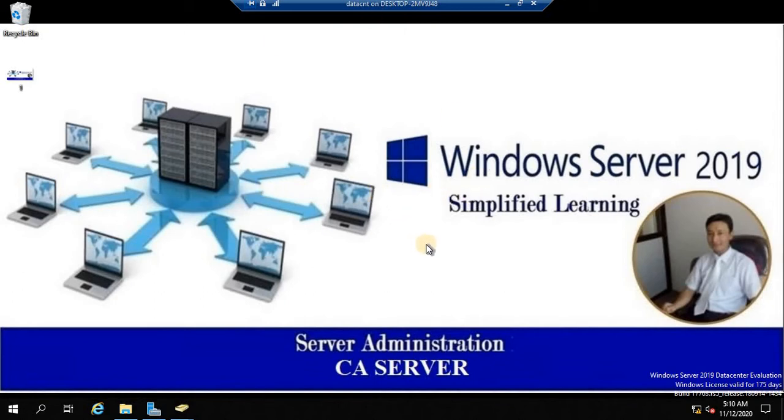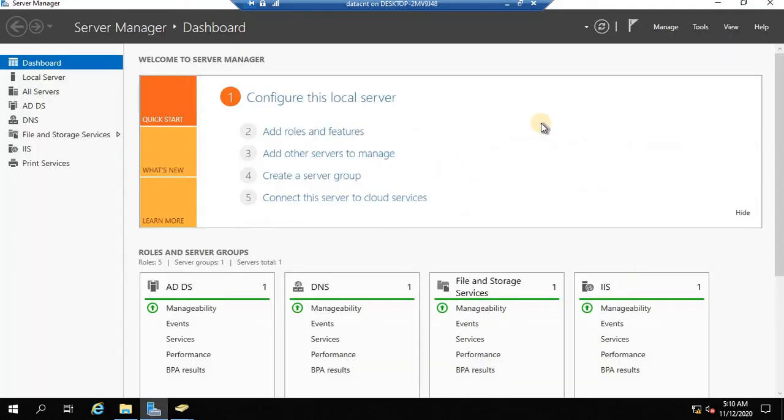So I hope the picture is clear that the main purpose of installing a CA server is to set up secure communication, so that your clients, any of the workstations, can access their resources in a more secure way than without using your certificate. So without wasting your further precious time, let's jump to the Server Manager so that we can install the certificate authority role. So let's go to Manage,